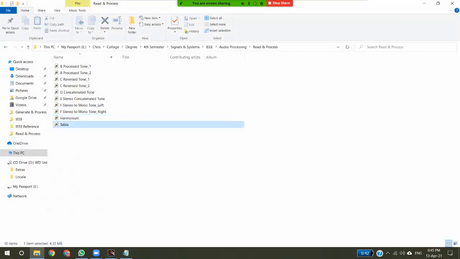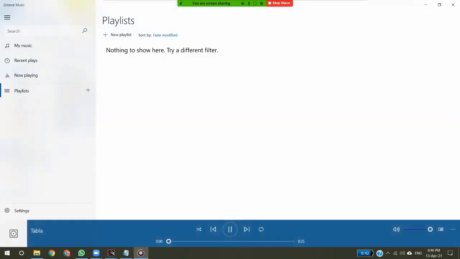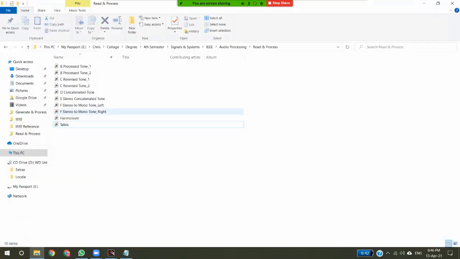This is the second tone, the original tone. So now we'll see the processed tone.